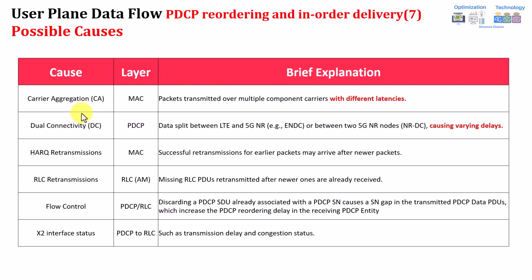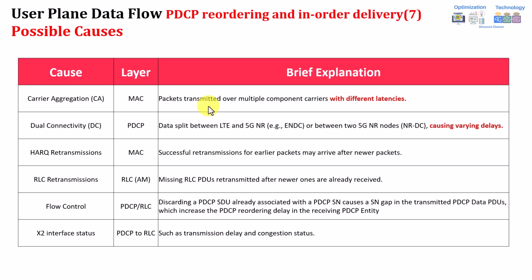For example, assume you have carrier aggregation. This means you will have two cells, two carriers. Let's assume one carrier was very low speed and the other was high speed, or one carrier had poor coverage and one had good coverage. So you will be receiving different packets from those two carriers, right? Each packet will be transmitted through the different carriers with a different sequence number. But once it's received at the receiver, it might arrive late due to different latencies between the carriers. So when tuning carrier aggregation, you should be very careful not to keep it on all the time, because this can increase the end-to-end latency.